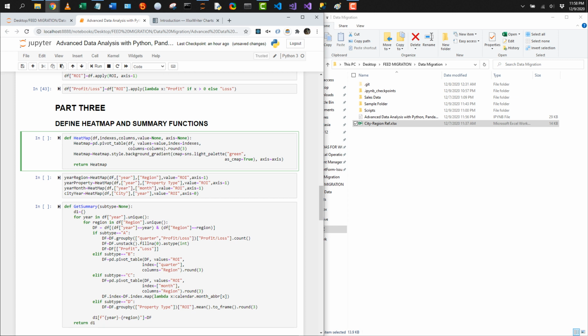So in order to get a heat map, you have to call a function called pd.pivot_table. It takes in the data frame that you're aggregating. The values equals whatever value that you're trying to aggregate. In our case, it's going to be return on investment. The index is equal to the list of indices. The columns is equal to the list of columns. And then we're going to round that off 3 places. This returns a